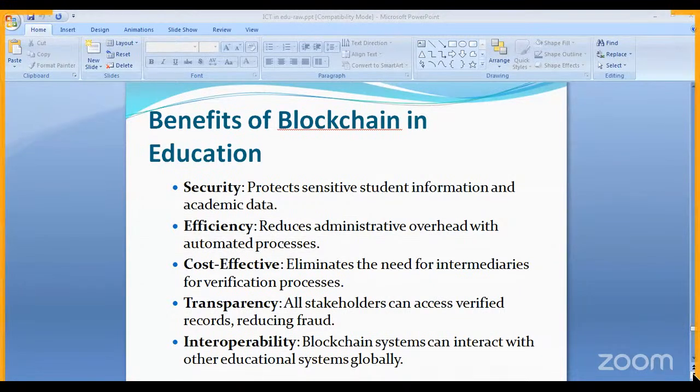There will be transparency, and then interoperability, meaning even if you go to another state, another country, another university, there will be interoperability. Even when it changes from one country to another country, because they are interoperable, you can move from here to there seamlessly.